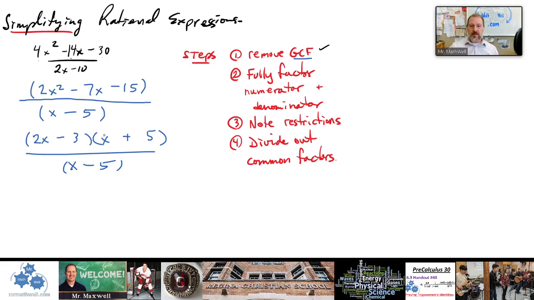That's 2x times x is 2x squared. We have 10x minus 3x is 7x. And then negative 3 times 5 is negative 15. So I've factored the top and the bottom. I've done step number 2. Now here's an important thing, because in these questions that we're going to be studying in calculus, we're going to have to note restrictions. So when we come up with a mathematical explanation or description for something, in real life